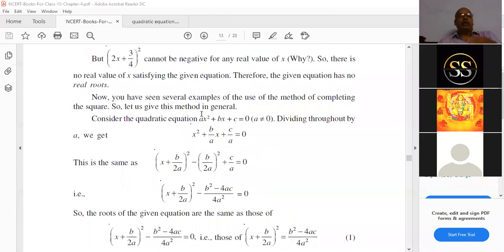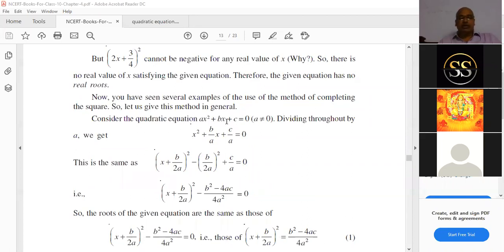And now, an important one, Amma: we are deriving the quadratic formula. Already explained one day, once again I'm explaining the derivation, also by using the completing square method only. Here you divide, Amma. Here you did not multiply, because a variable is there. Here you divided. You see now. Consider the quadratic equation ax square plus bx plus c equal to 0, where a is not equal to 0.